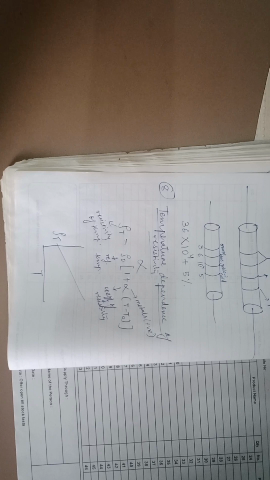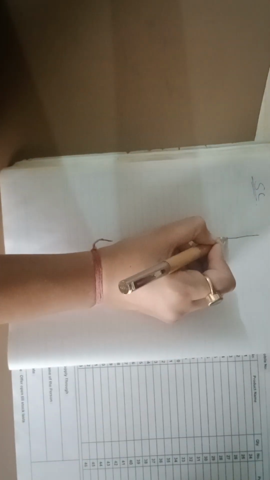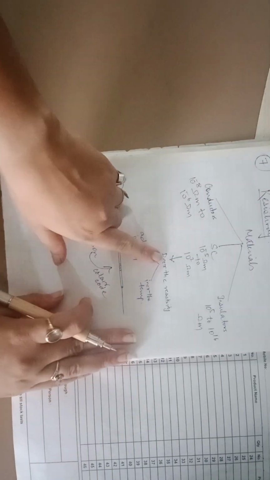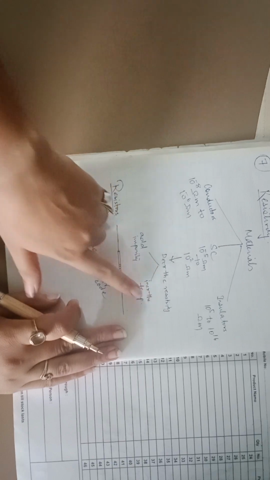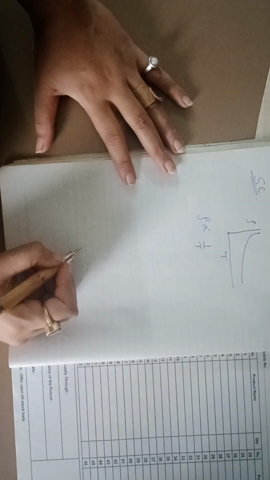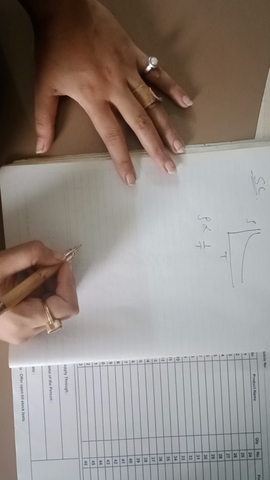तो metals के case में अगर आप graph बनाओगे तो ये directly proportional होता है. So if this is T your temperature, this is rho T resistivity at temperature, then it will always be a straight line. यही अगर आप semiconductor का case लोगे, so it will be like this. क्योंकि इसमें as we have already read here, this decreasing the resistivity will increase the temperature. So both are inversely proportional. ठीक है.